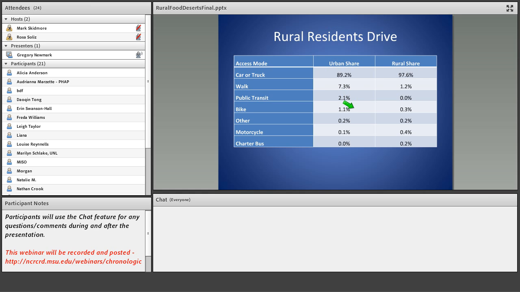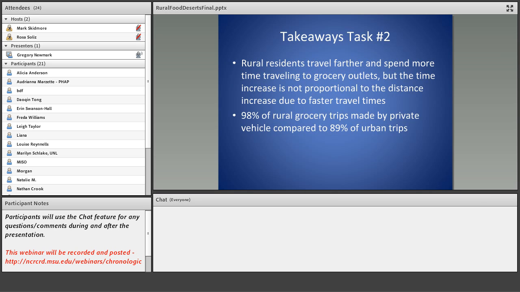And the bike share also not bad, showing that the mode choice between rural residents who go shopping and urban residents is pretty different, and therefore our concern, say, for a walkable distance is maybe not as significant. Now, there is one data point that I'm not showing here, which is rural residents are much less likely to start their shopping trip from a home location. And we'll talk about why that is a little bit later on, but it's an important point that I wanted